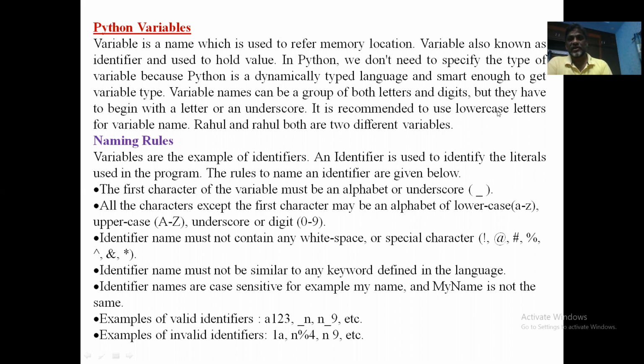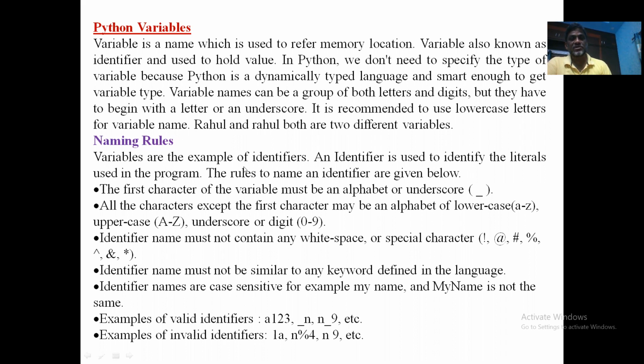So declaration is not required, unlike in C, where you need to declare every variable that you want to use. But in Python, you don't need to declare any variable. Based on the value you assign to the variable, the type of the variable will be automatically selected dynamically by your Python interpreter. Okay, so that is how it works. But to use these variables in your Python programs, you must understand the naming rules that should be used while creating variable names.